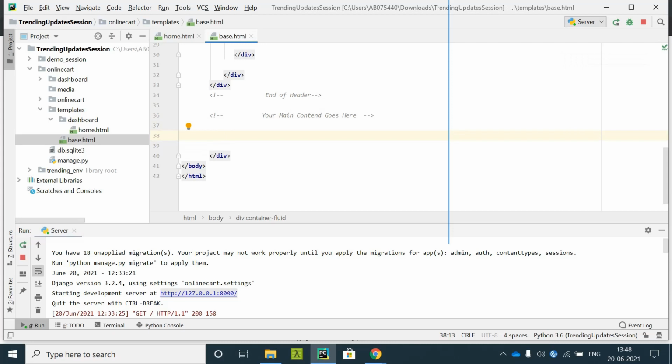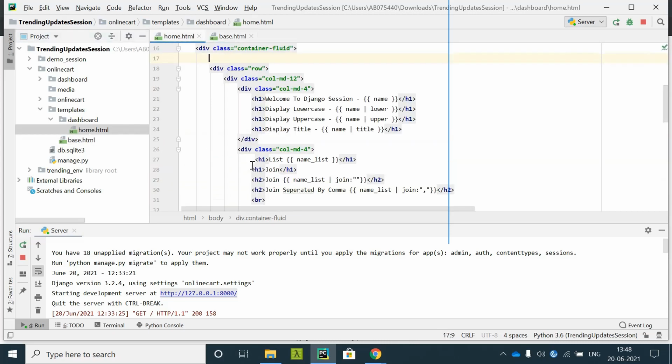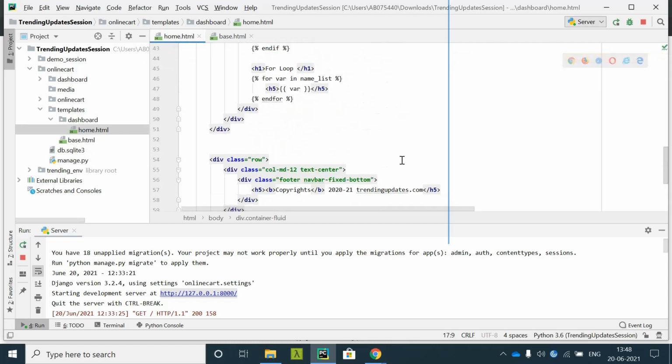To write the main content, we'll put a block for this. Block content, and end block. Now we'll copy the footer content from the home.html.